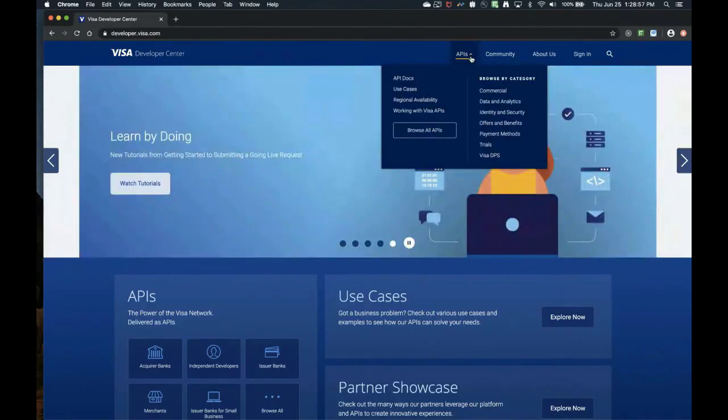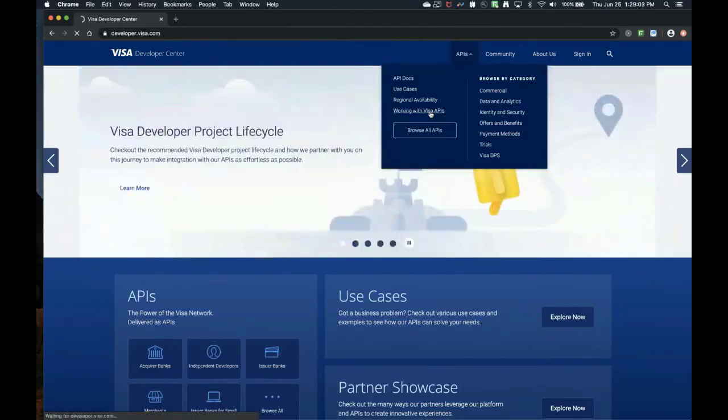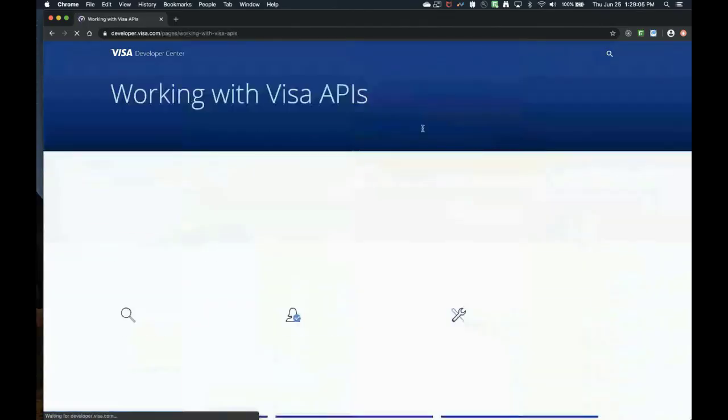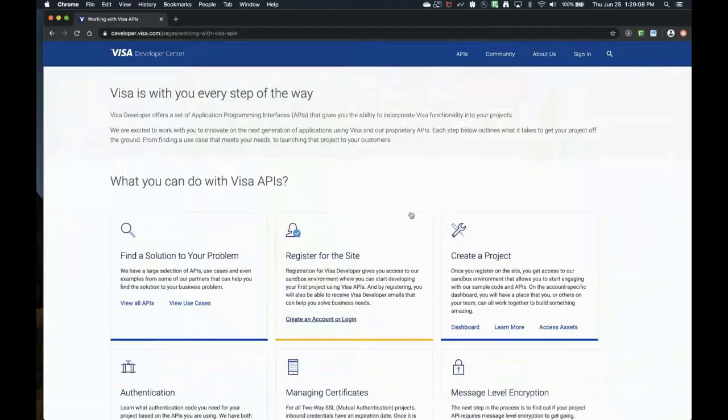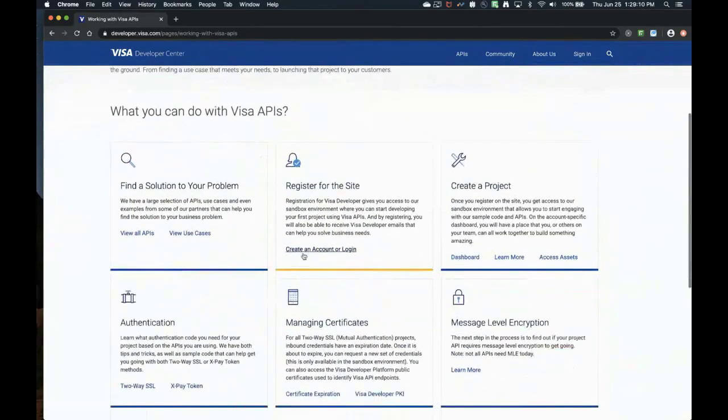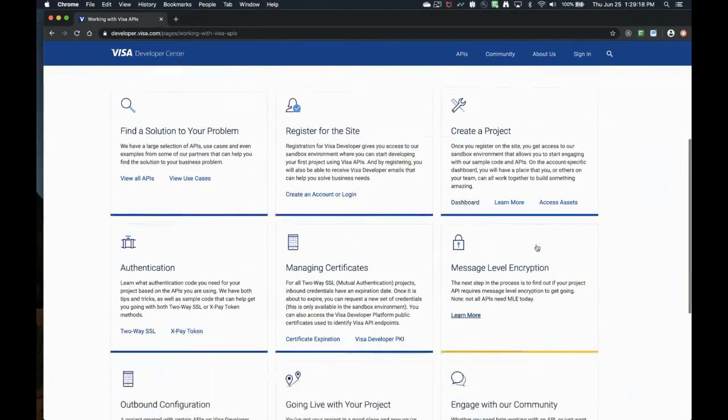I drop it down and I go to this section right here, working with Visa APIs. Now, when you go here, it opens up a bunch of resources for you guys. These are really useful resources. You can use this information to register on the website, learn how to create a project on the website, and a bunch of different issues that you might face.